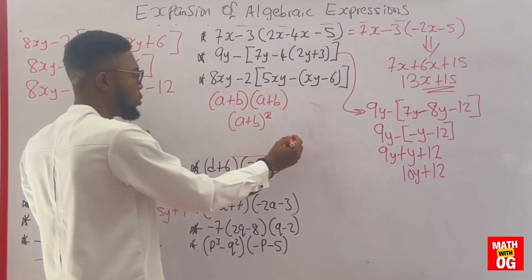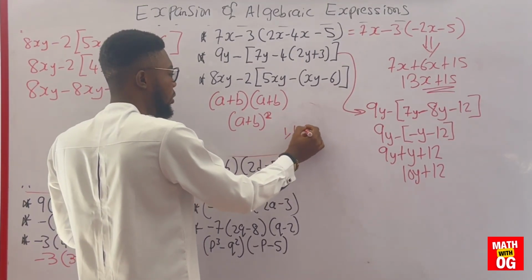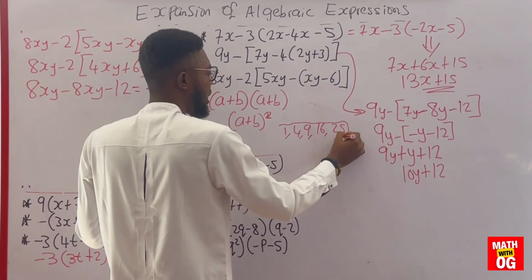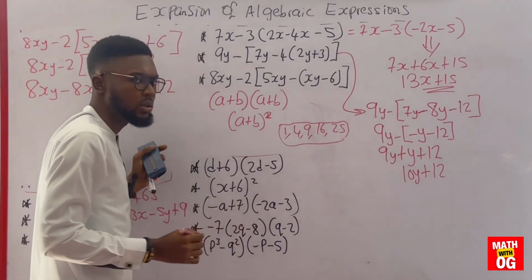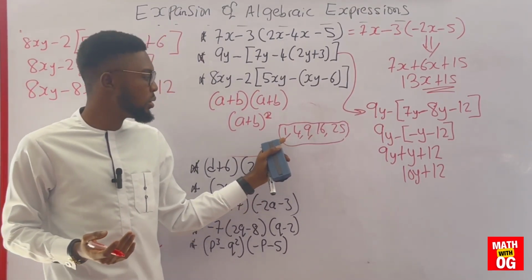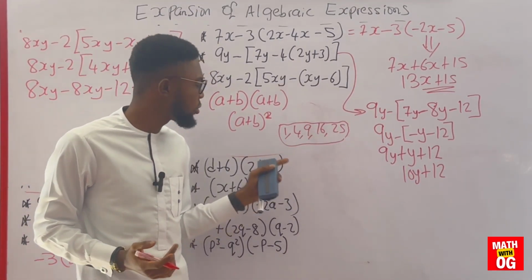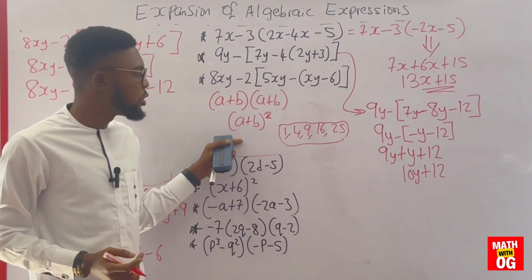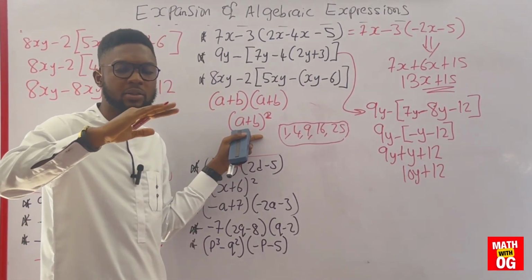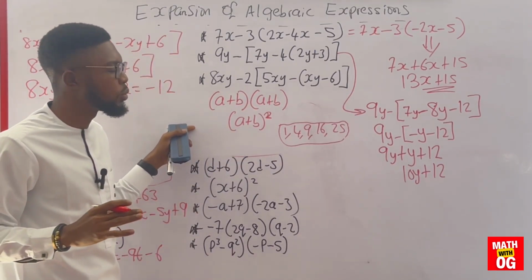For example, you know that your 1, your 4, your 9, your 16, 25, all these are square numbers, or we call these perfect squares. And why are they called perfect squares? Because they have a perfect square root. So the same way we have for numbers, we also have for algebraic expressions. So any expression that you square and it gives you a value, that particular value is called a square number